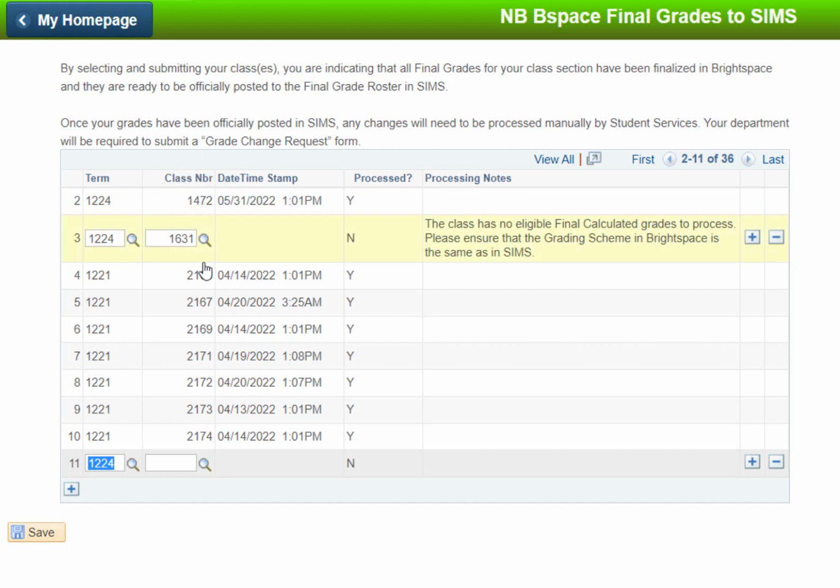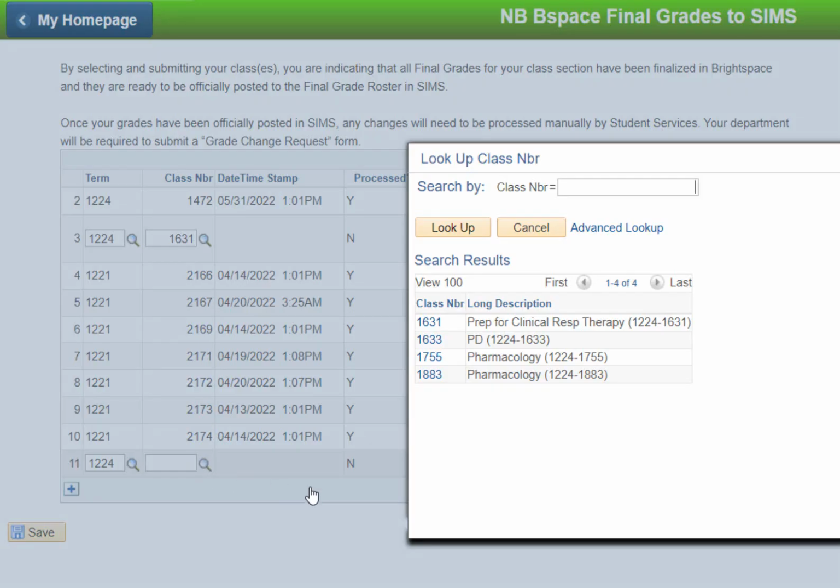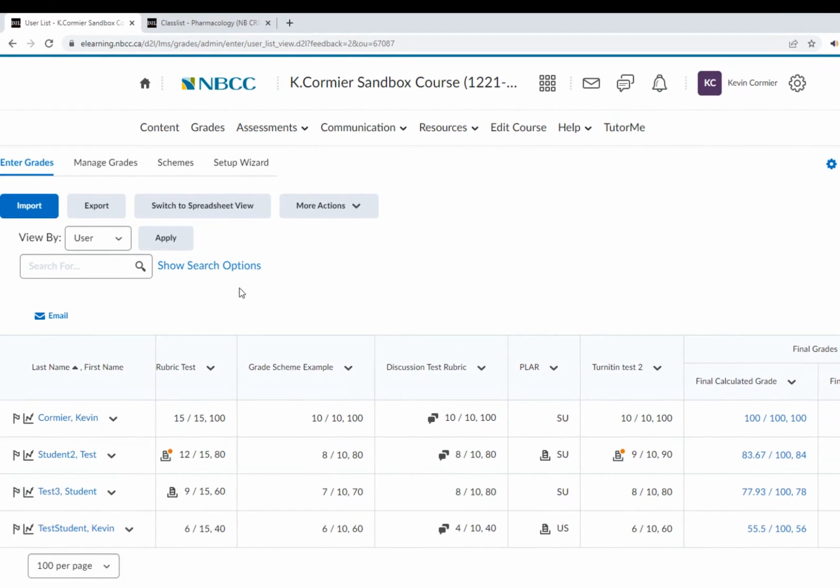There are two ways you can get the class number. You can select the little magnifying glass icon right here, and it's going to bring up a list of courses that are currently under your name, and you can select one of those. And if you aren't sure of the exact course number that you are submitting for, you can go back into Brightspace, and within Brightspace you can just hover over the name of the course here, and you can see it gives that code